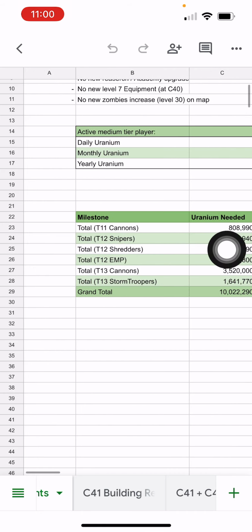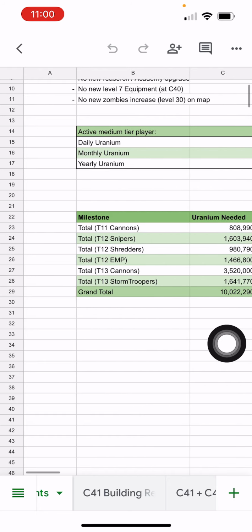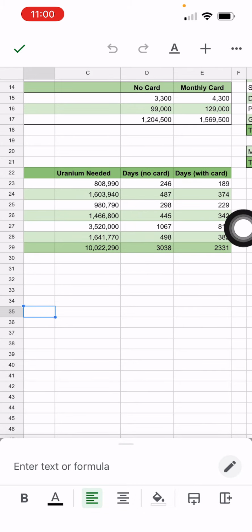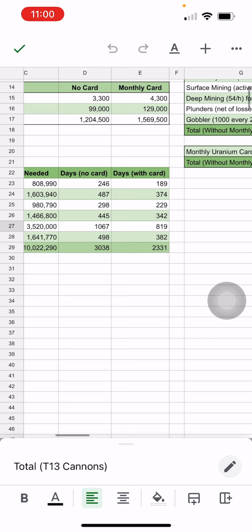But then the next milestone, getting to T12 Snipers with a card every single month, takes over a year. Next, to get to T12 Shredders, two thirds of a year. To get to T12 EMPs, another year. And this is where the kicker comes in. To get from T12 EMPs to T13 Cannons,